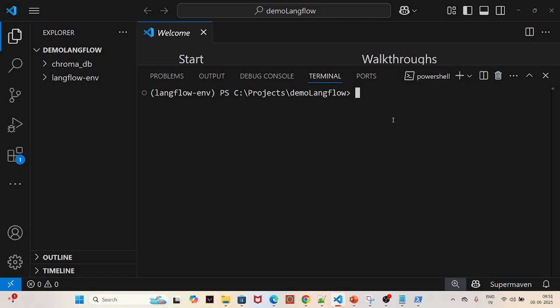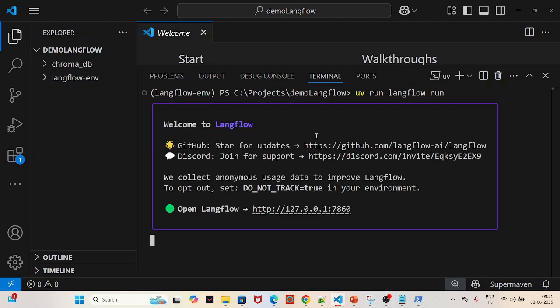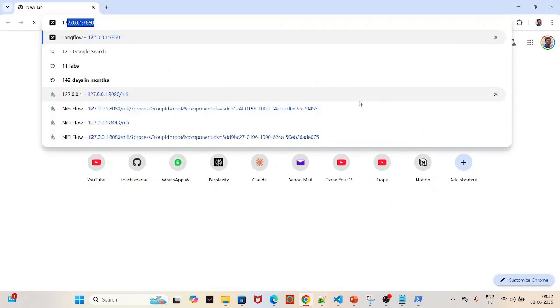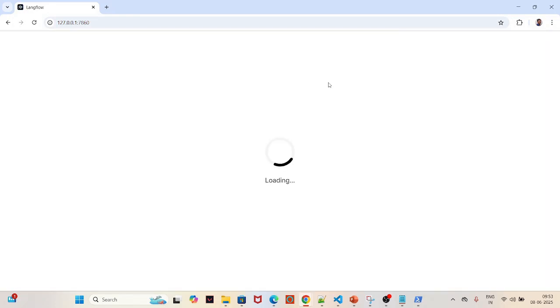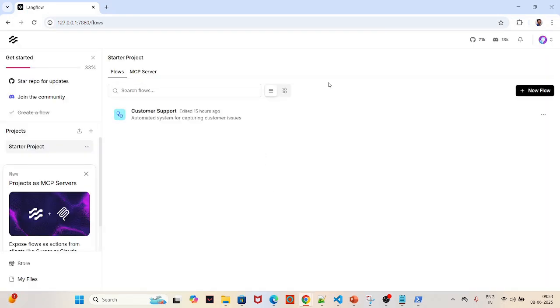Now we go to the VS Code editor and we'll get our Langflow up and running. I'm using UV as a package manager. Please check my previous video about how to install UV and ChromaDB if you haven't done that already. We'll now visit the local instance of Langflow on port 7860. This is how the UI for Langflow